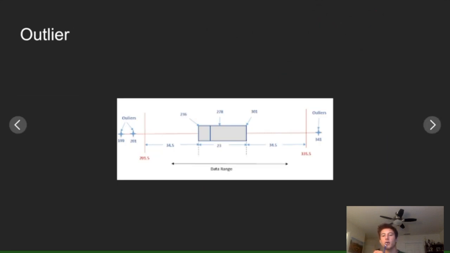Finally, let's talk about outliers. An outlier is a point in a distribution that is so far away from the other numbers that it's confusing us and it shouldn't be in that data set. It's like,